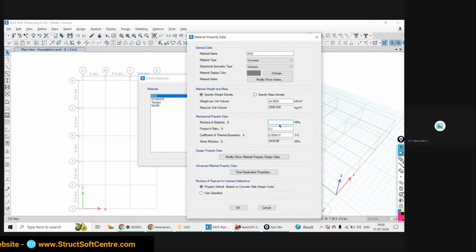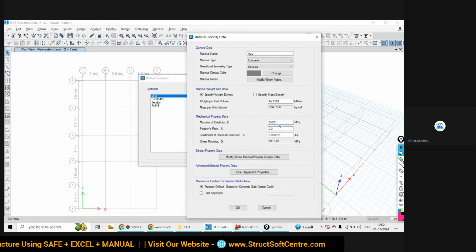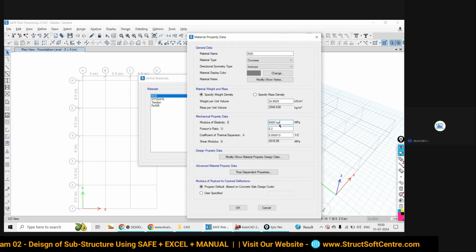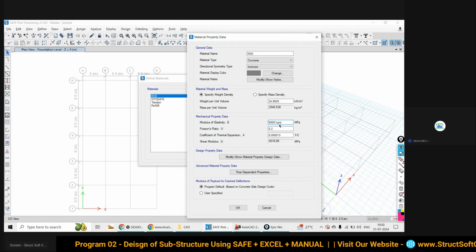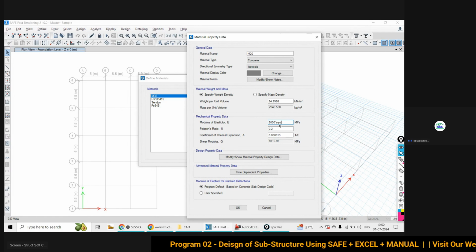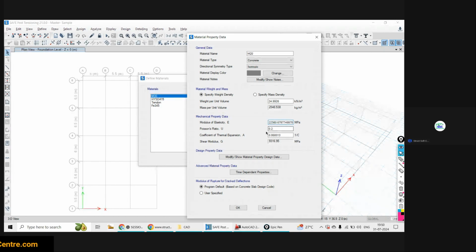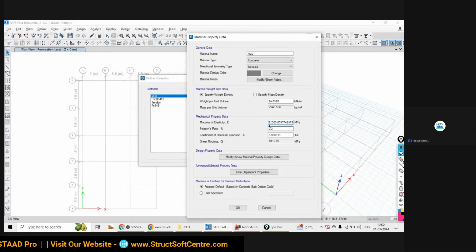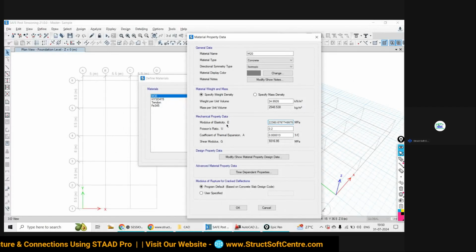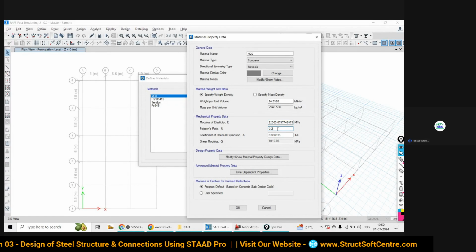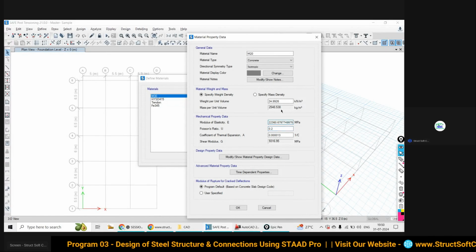Simply write 5000 shift star means multiplication, sqrt, square root inside bracket of 20, enter. Now the value will automatically come, and once you click anywhere on another cell, automatically the rest of all cells are going to be adjusted with respect to E.